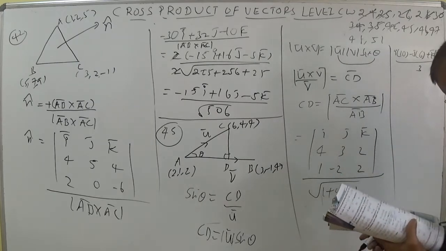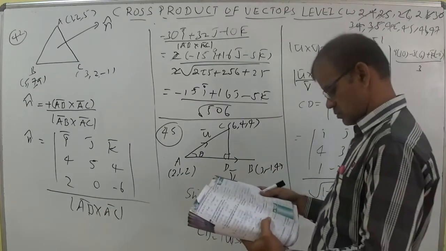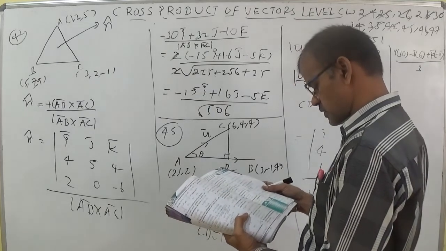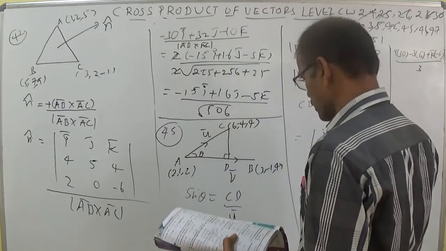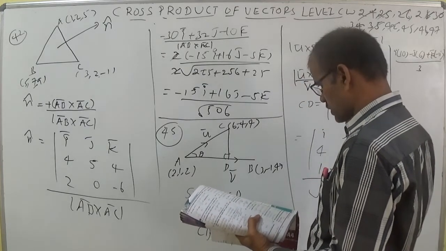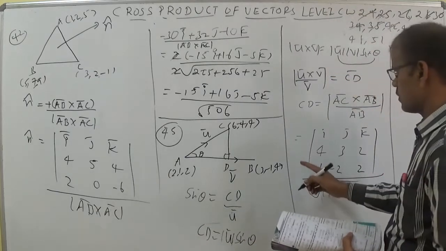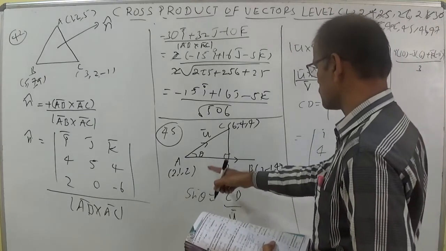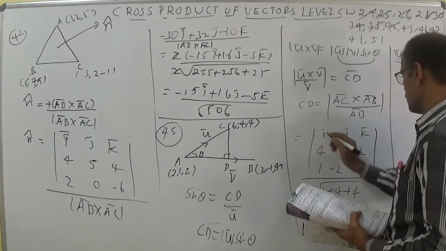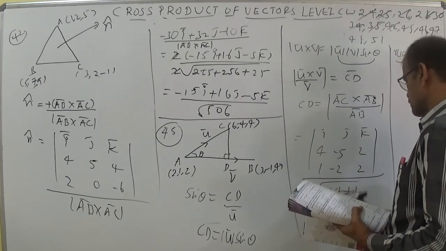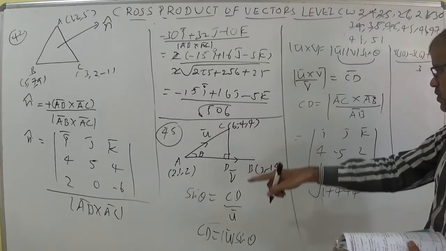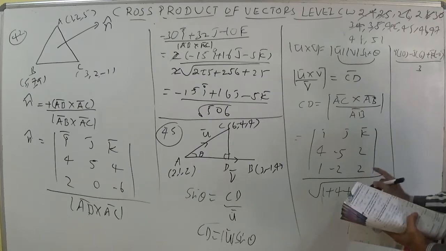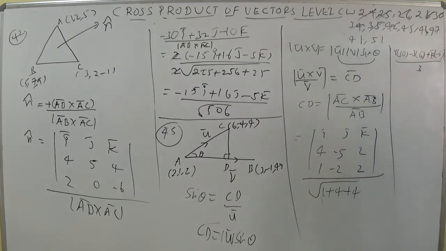AC cross AB, with A as 2 comma 1 comma 2. He gave the perpendicular of the point as 6 comma, just a small mistake, minus 4, so 6 comma minus 4 comma 4, with 2 comma 1 comma 2 and 3 comma minus 1 comma 4. So for 6 comma minus 1 comma 4 the change is 6 minus 2 and minus 4 minus 1, which becomes minus 5, so the determinant may change. AB is 3 minus 2 is 1, minus 1 minus 1 is minus 2, and 4 minus 2 is 2. It's okay, 1 plus 4 plus 4 is okay. Here a small change is there. Let us discuss the change.